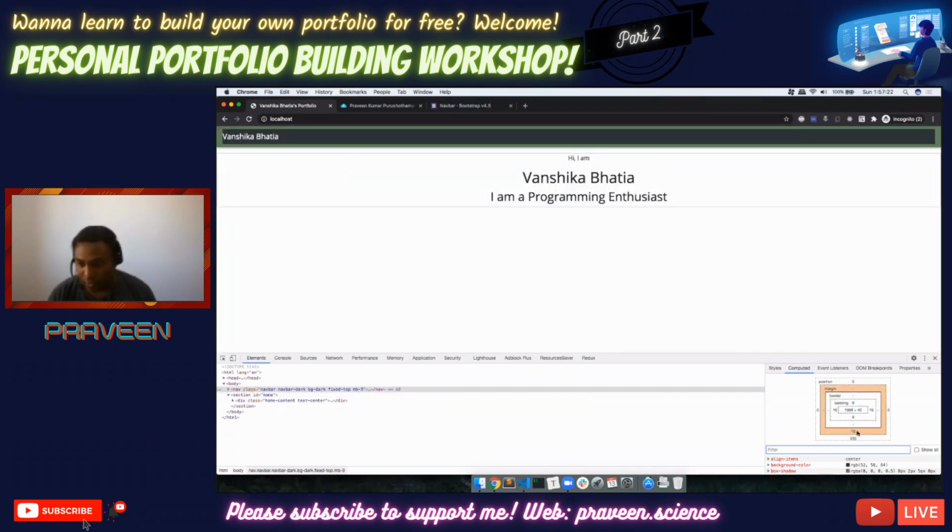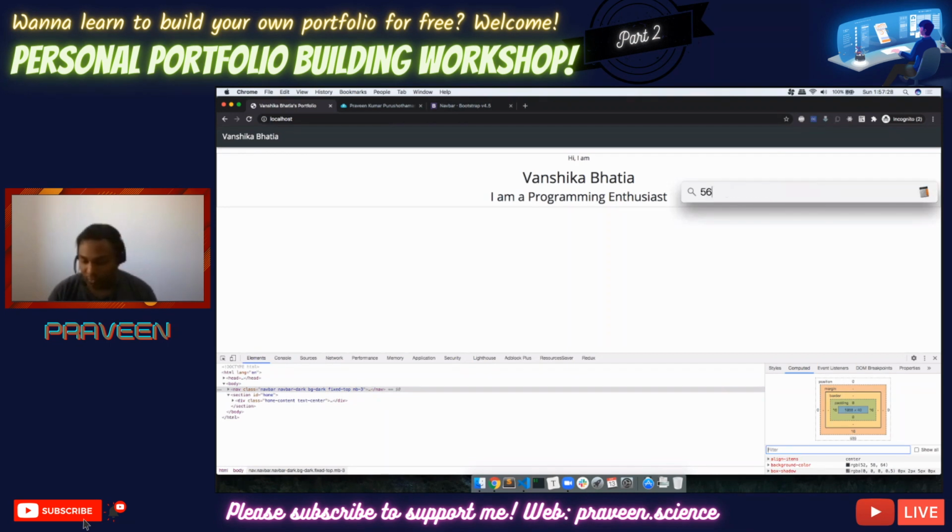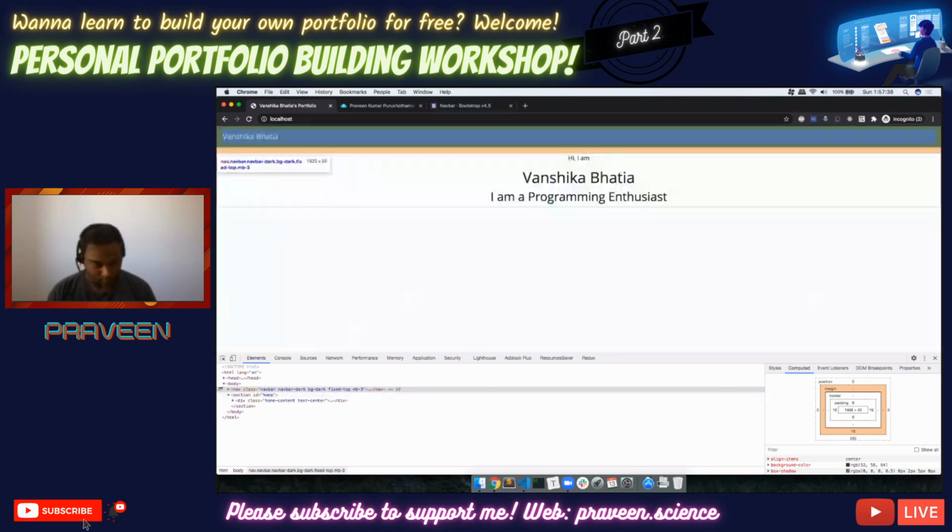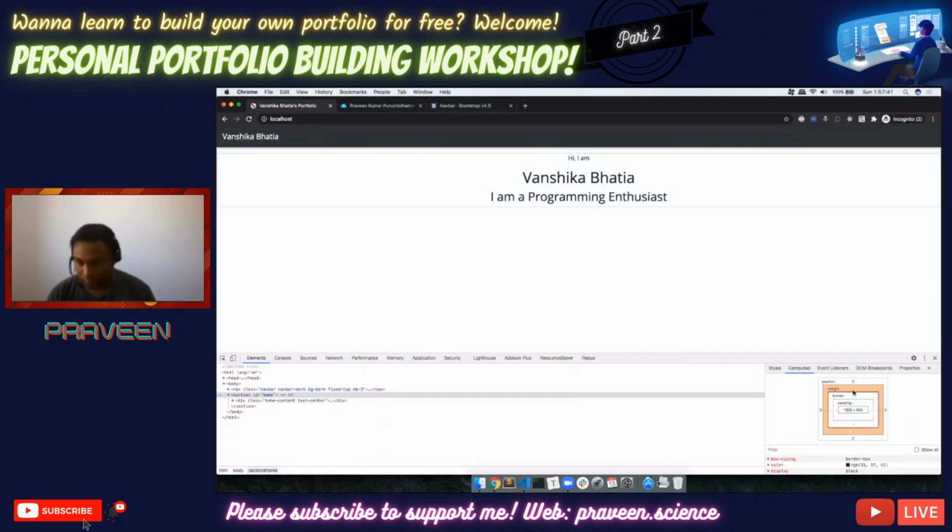And if I add the margin here as well, that is 16 pixels. So 56 plus 16 is 72. So I need to put this section 72 pixels above this. What I'm going to do is put margin-top as minus 72.